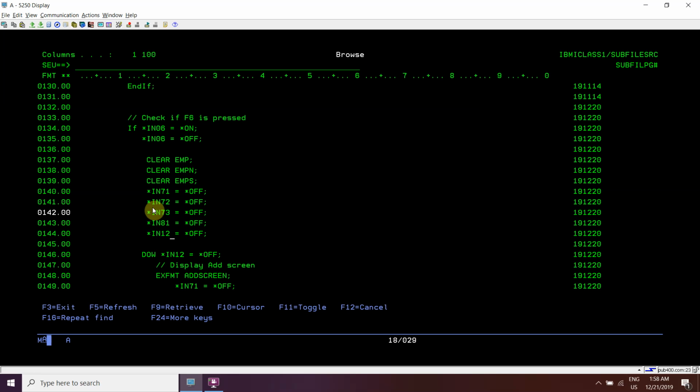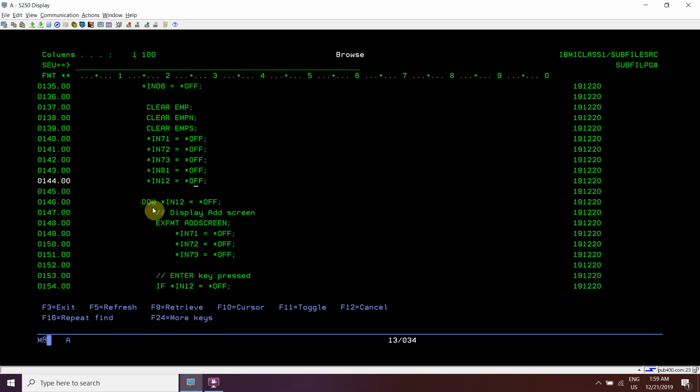We have set indicator 12 as off because in this add screen we have used the F12 key. So once F12 is activated after execute formatting or displaying that add screen, only then can the user take the F12 key on that or press enter. So if F12, we are